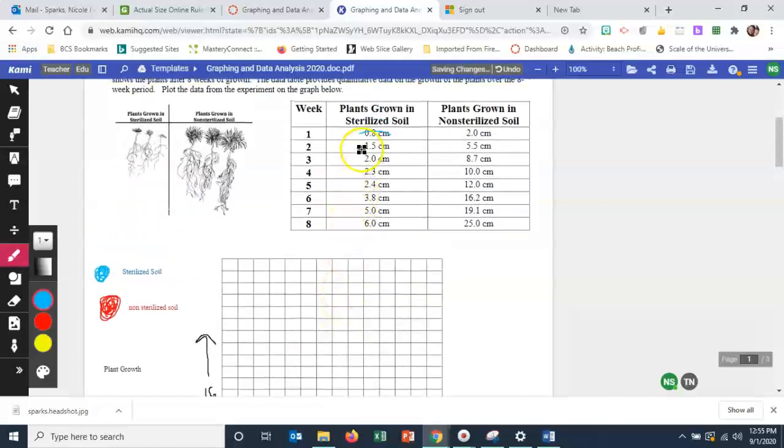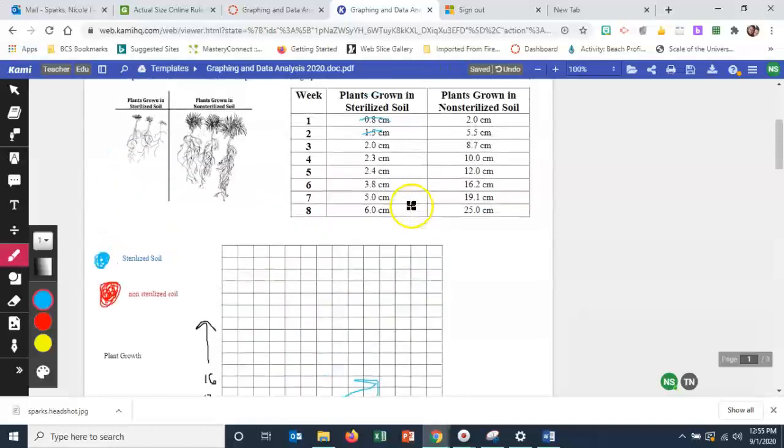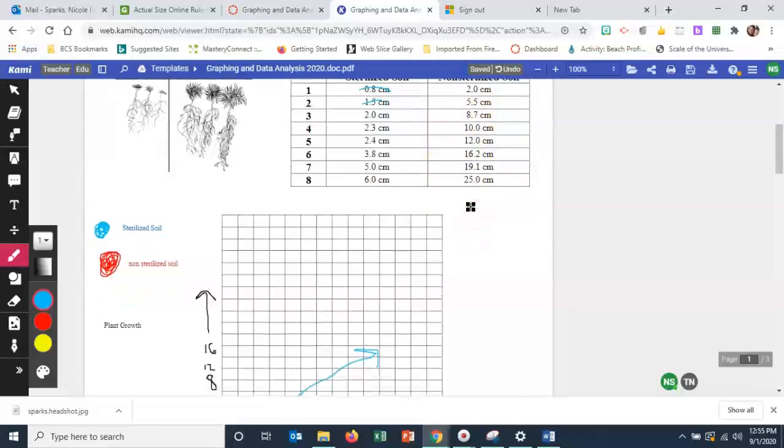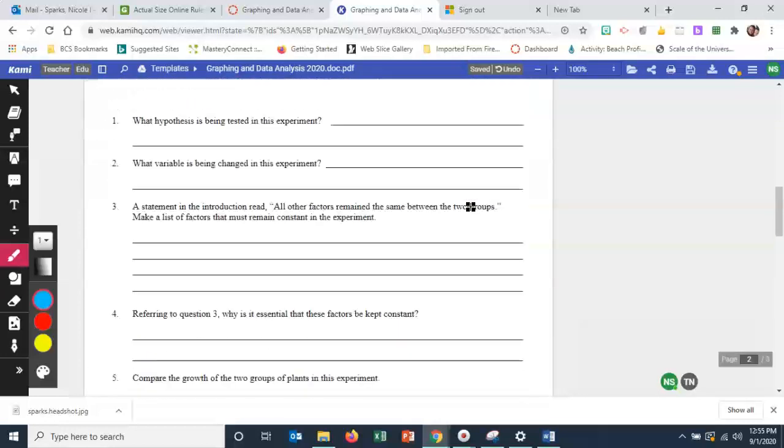And then you cross that out and then go up to 2. At 3 weeks, that was 2 centimeters. And as you can see, you're going to get a continuous line. I don't know where it goes off to, so I'm just going to draw my arrow there. Then you're going to go back and do the same for this. So by the end, if you have 8 dots here and 8 dots here, you should have 16 data points that are going to help you answer these questions down here at the bottom that you can just fill in with a text